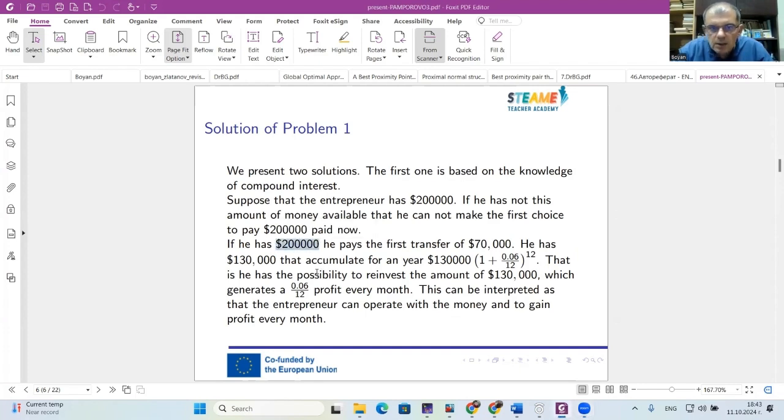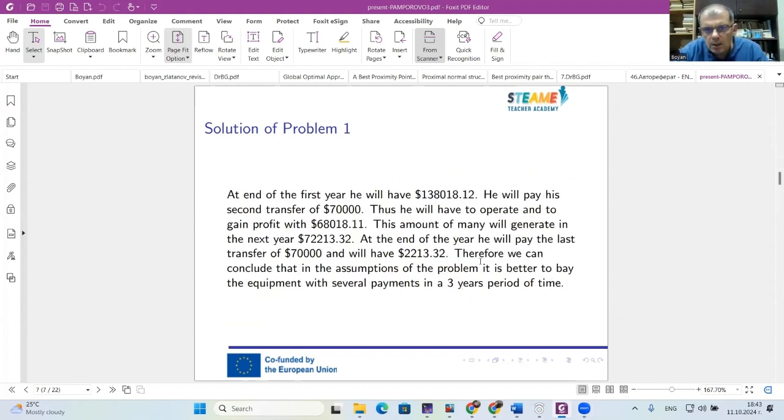The person has 200,000. He pays the first payment and remains with 130,000. That will accumulate some amount of money for 1 year. This amount will be equal to 138,000, and at the end of the first year, he has to withdraw 70,000 to pay the second payment. And he remains with 68,000. At first glimpse, it seems that it is less than 70,000, but it will give him once again a 6% increase of his money, and at the end of the second year, he will have 72,000, so he will pay the final payment and will remain with $2,000